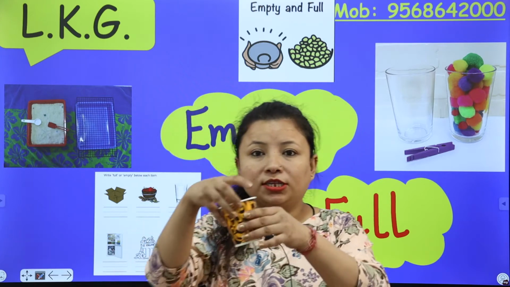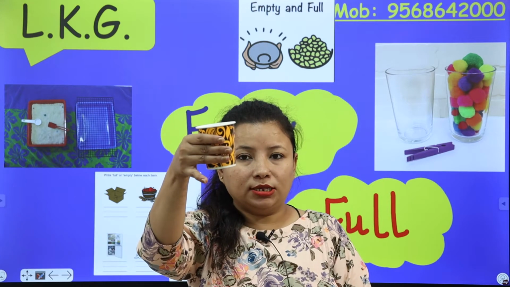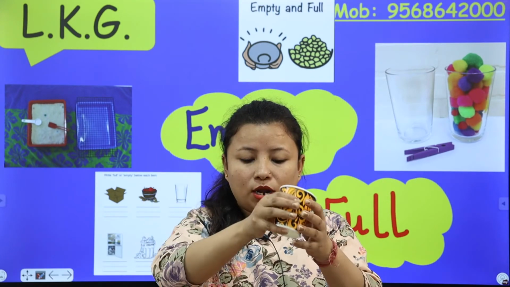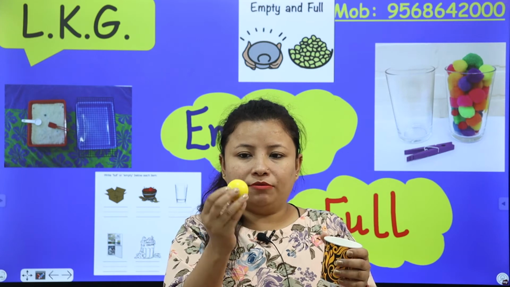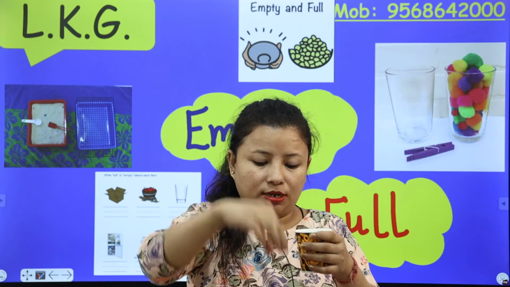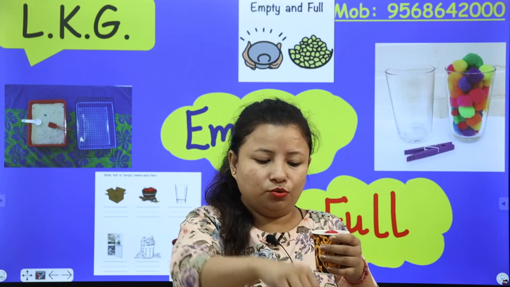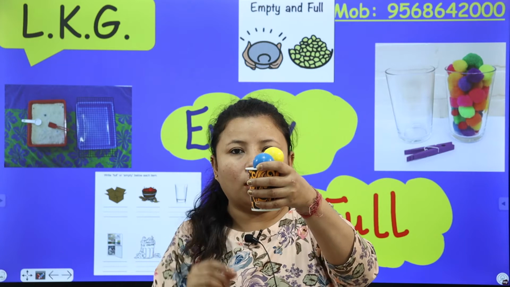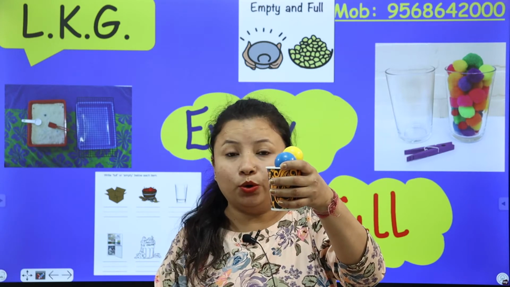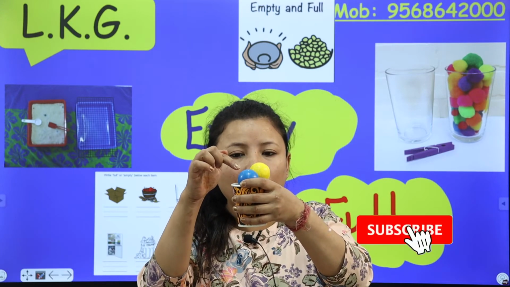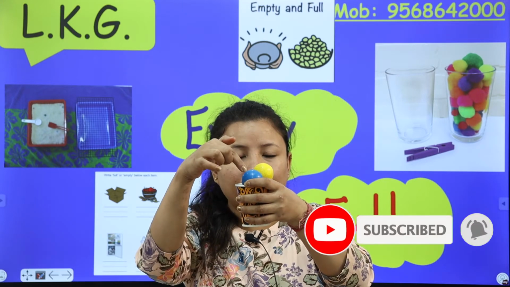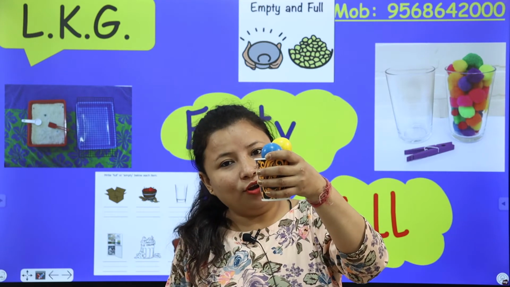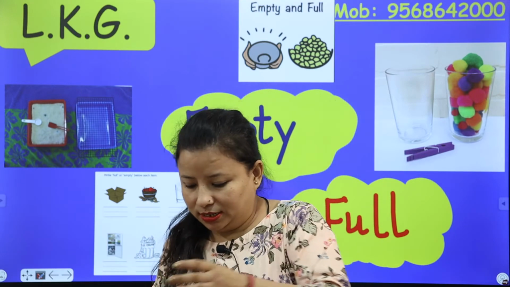So what is this? This is a disposable glass. So this is empty. Now I will put some colors in it. 1, 2, 3 and 4. Now is this glass empty? No, this is full. This glass is full. Is this empty? No, this glass is full. So next is,